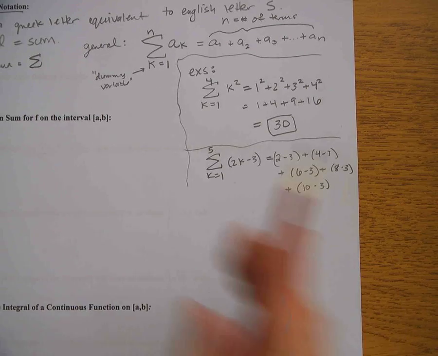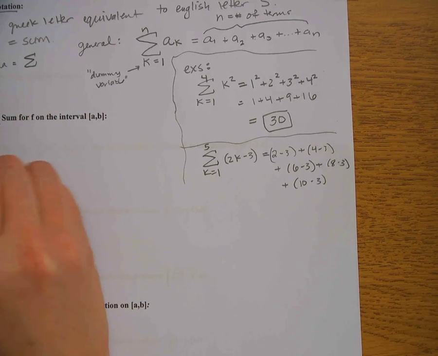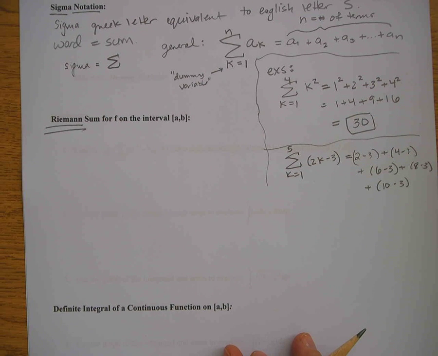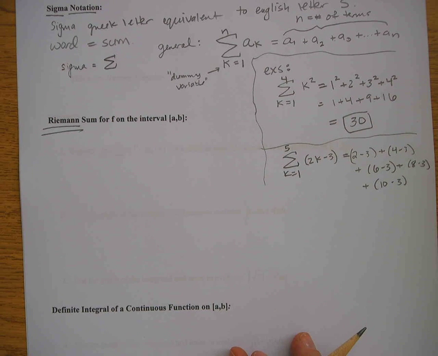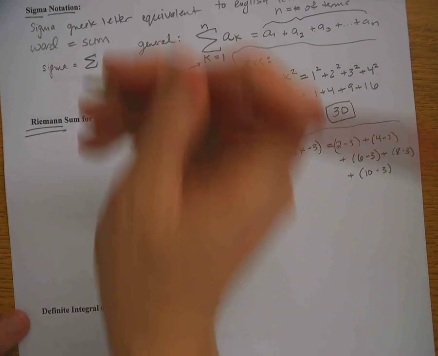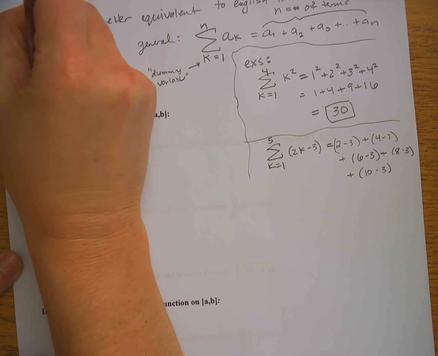Now we're going to carry that over to what is referred to as a Riemann sum. That, of course, was named after a mathematician, as most of our names and theorems are. And it refers to what we did in class today and what we learned in 5.1. So before I give you the notation for it, let's look at the generic example of finding an area